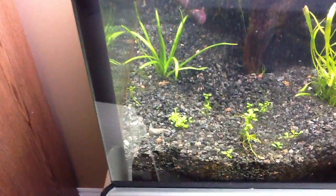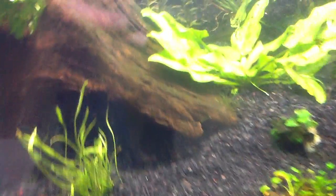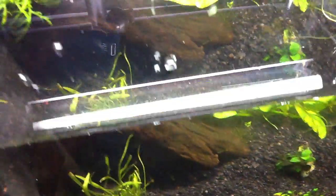I've added some cherry shrimp here to help with the algae, and there's actually quite a few in here. I've got that, and then I've got the Siamese algae eaters in here, and then I've got some amanos. I'm not really sure, I think that's an amano. That definitely looks like an amano. But anyway,